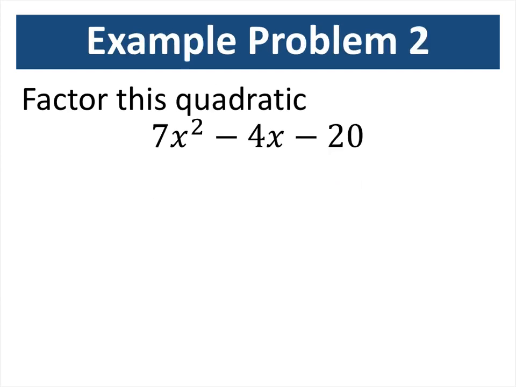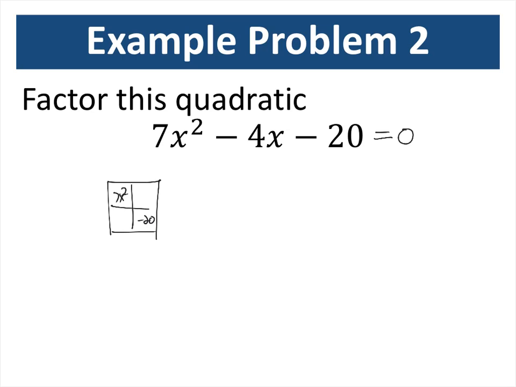This is the last problem. I want you to practice factoring it and setting it equal to 0 so you can apply the zero product property. Hopefully you've taken a moment. Remember that factoring, you're really thinking about 7x squared and negative 20 and what two values multiply to 7 times